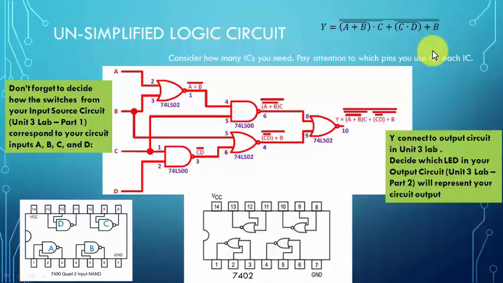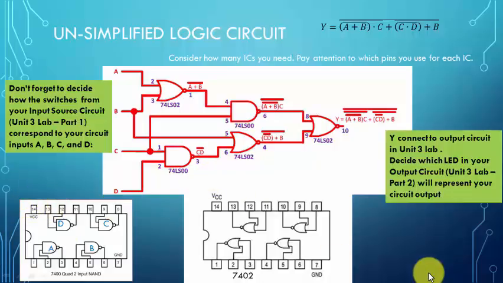So basically, we only need two types of gates, NOR gates and NAND gates. For the NOR gates, we will use the 74LS02 IC, and for the NAND gates, we will use the 74LS00 IC. And the pin diagram is listed over here. Pay attention to which pins are outputs and which pins are inputs, and also don't forget you need to connect the ground and the VCC